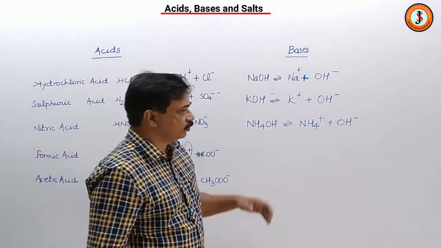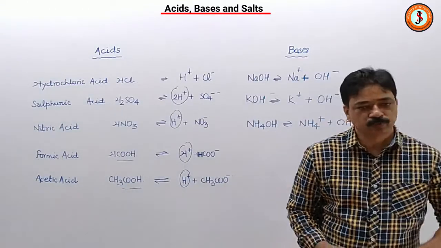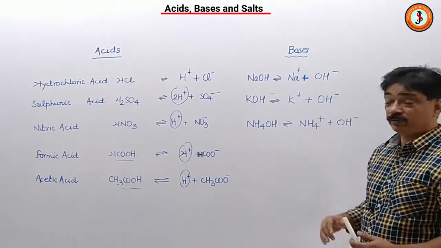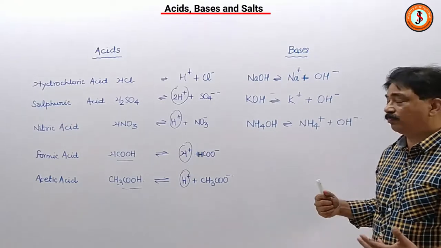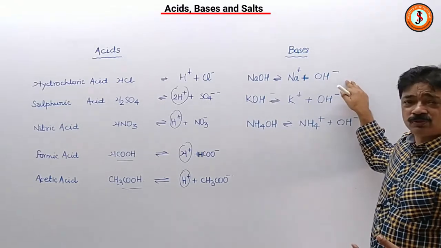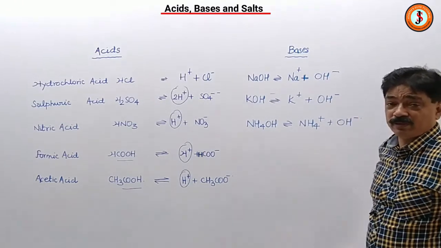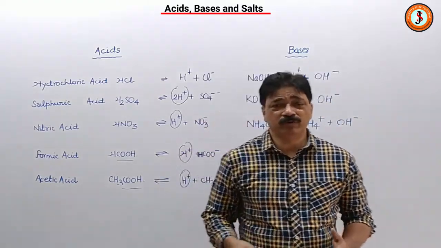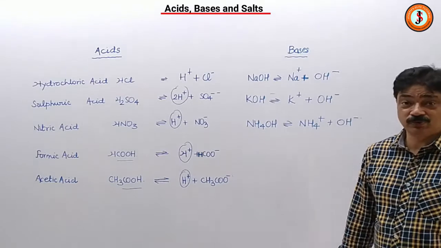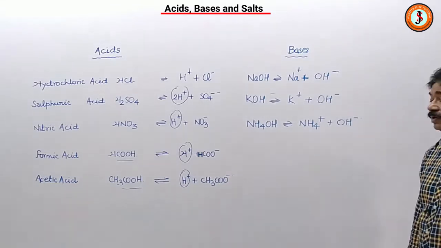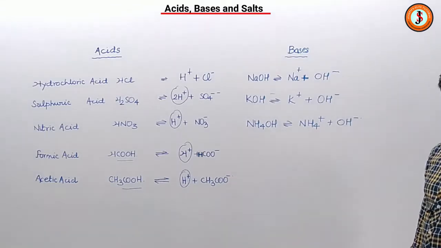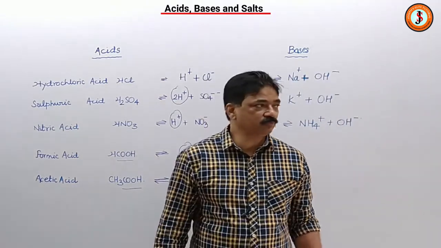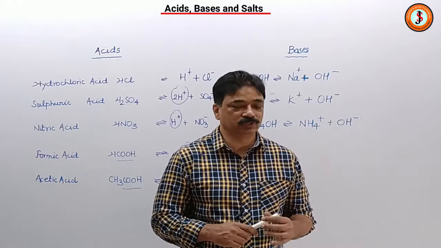Now when we are talking about bases, what happens? Bases have a pH value above 7. There are certain strong bases and certain weak bases. The same thing applies. When a base dissociates almost completely, say out of 100 molecules more than 50 molecules are undergoing dissociation, producing hydroxyl ion and the positive ions, then they are strong bases. And there will be certain weak bases also. Weak bases means that there will be partial dissociation.